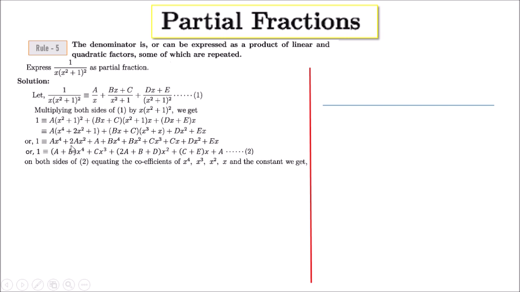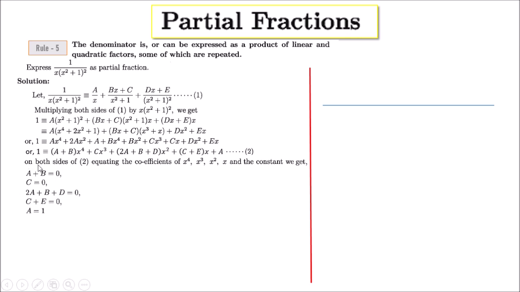So what we'll do now is the same as the previous one we did. There is no x4 term, that means we can let it be 0 into x4. So a plus b equal to 0. Here on the right side, the coefficient of x4 equals a plus b. On the left side, there is nothing, so we let it 0. Similarly, for x cube, c is the coefficient, but here is nothing, so c equal to 0. Similarly, x square, here 2a plus b plus d equal to 0, and c plus e equal to 0,